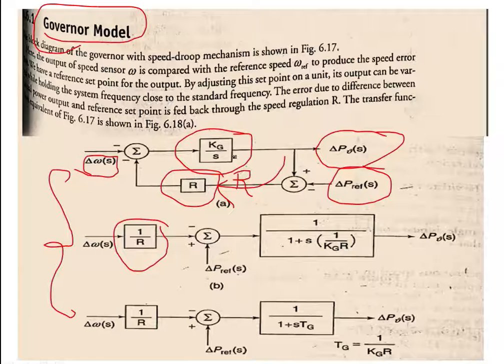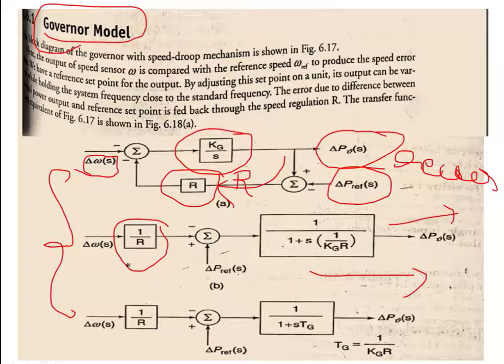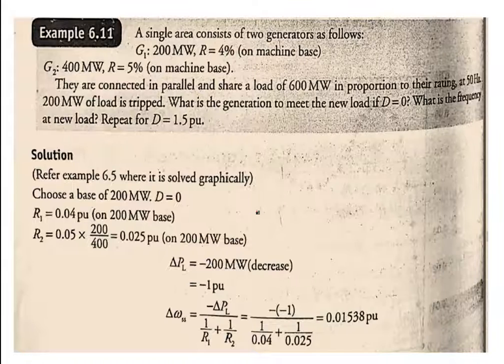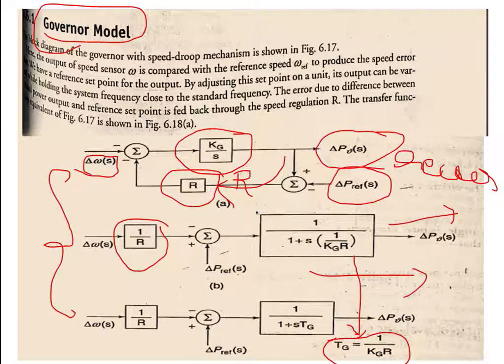And we can rewrite the block diagram. So here we can apply the elimination of feedback, just a rearrangement of the block diagram. You will get this revised block diagram like this. Then you have to keep as it is. Again you have to rearrange this, 1 over Kgp, which is considered as generator constant or else turbine constant, which is represented like this. So this is the governor model.